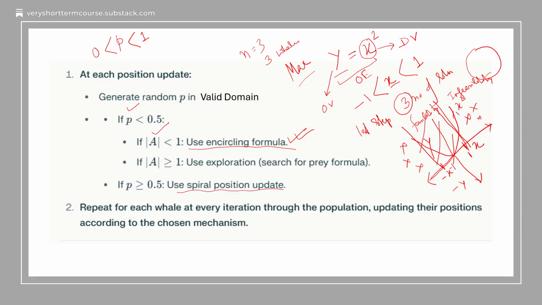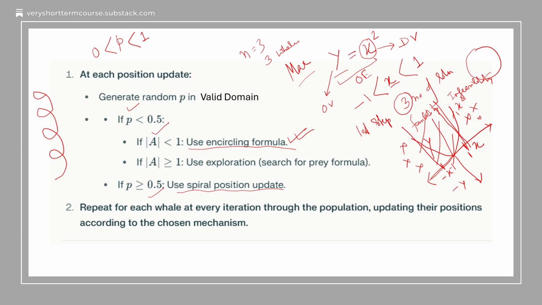Already I have discussed two ways that humpback whales search for their food. This is the second way, the bubble-net way or spiral movement manner, where the whales move like a 9. Clear? But when will you use this spiral position update or spiral movement? When the value of p that you have randomly generated within 0 to 1 is greater than or equal to 0.5. If it is not that, if it is less than 0.5,